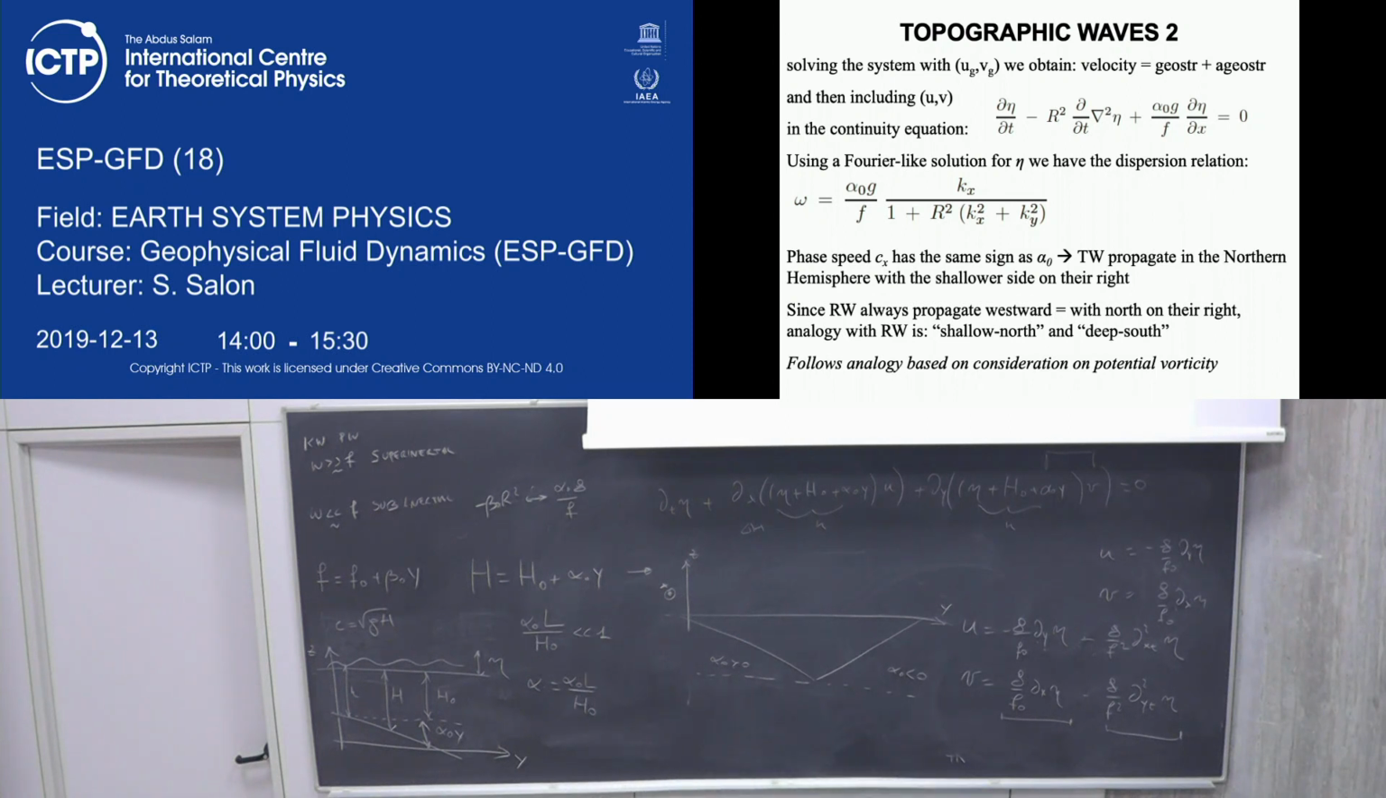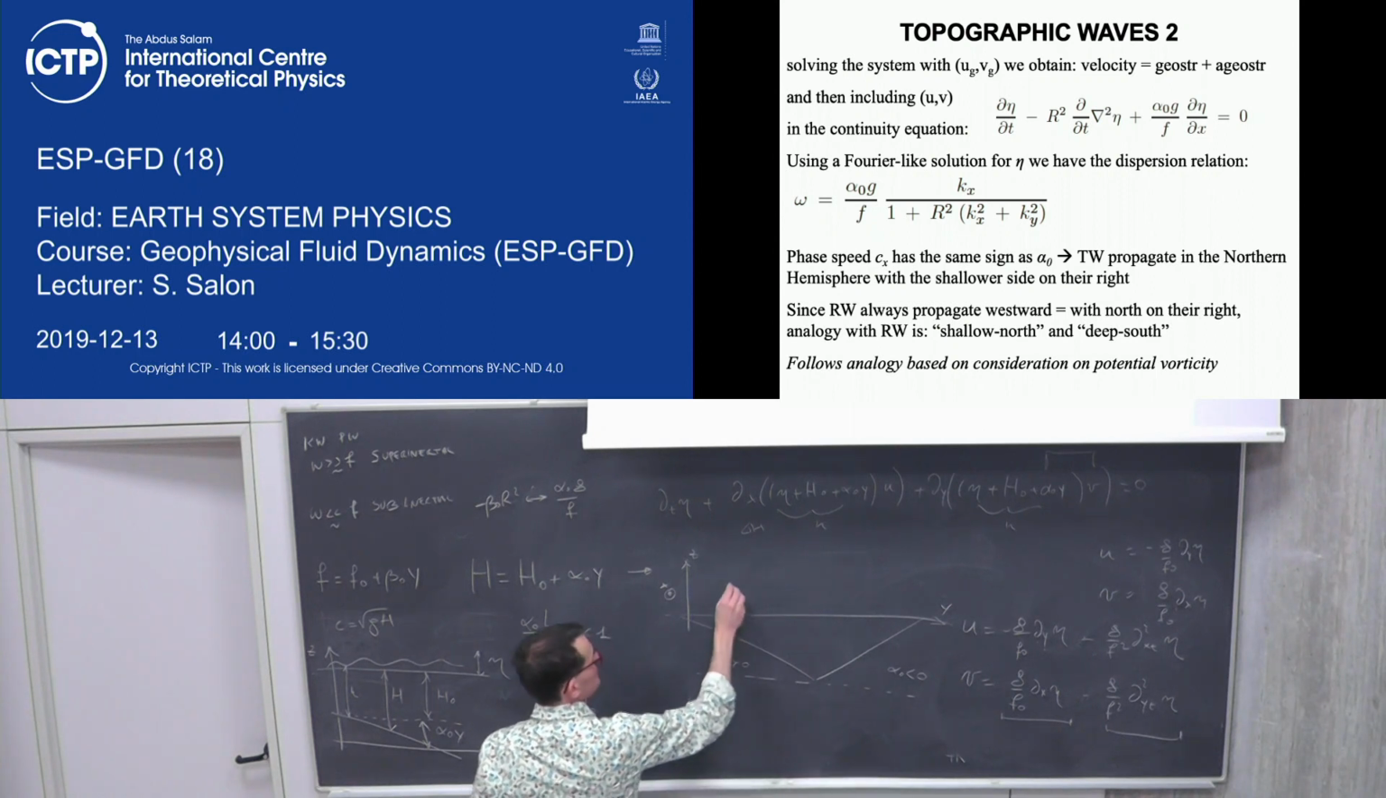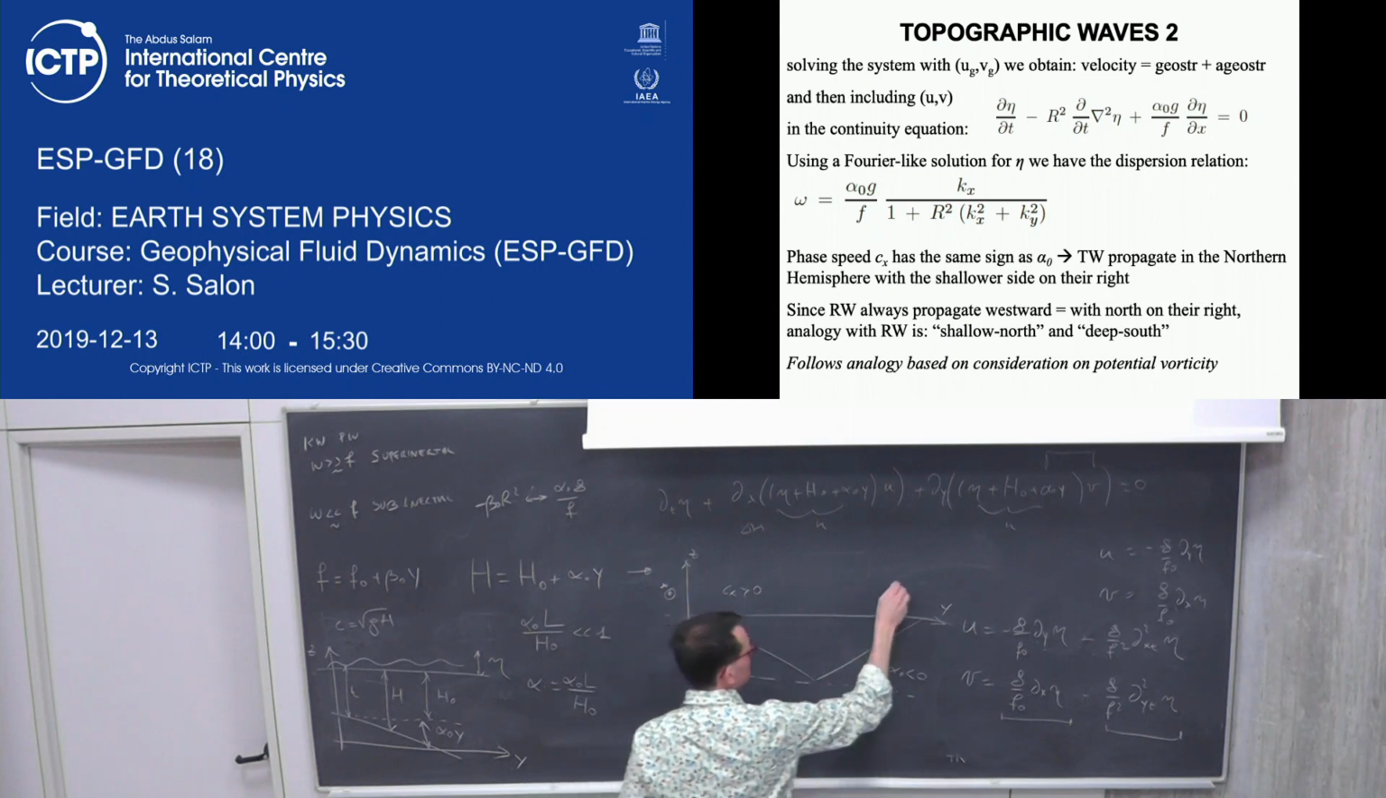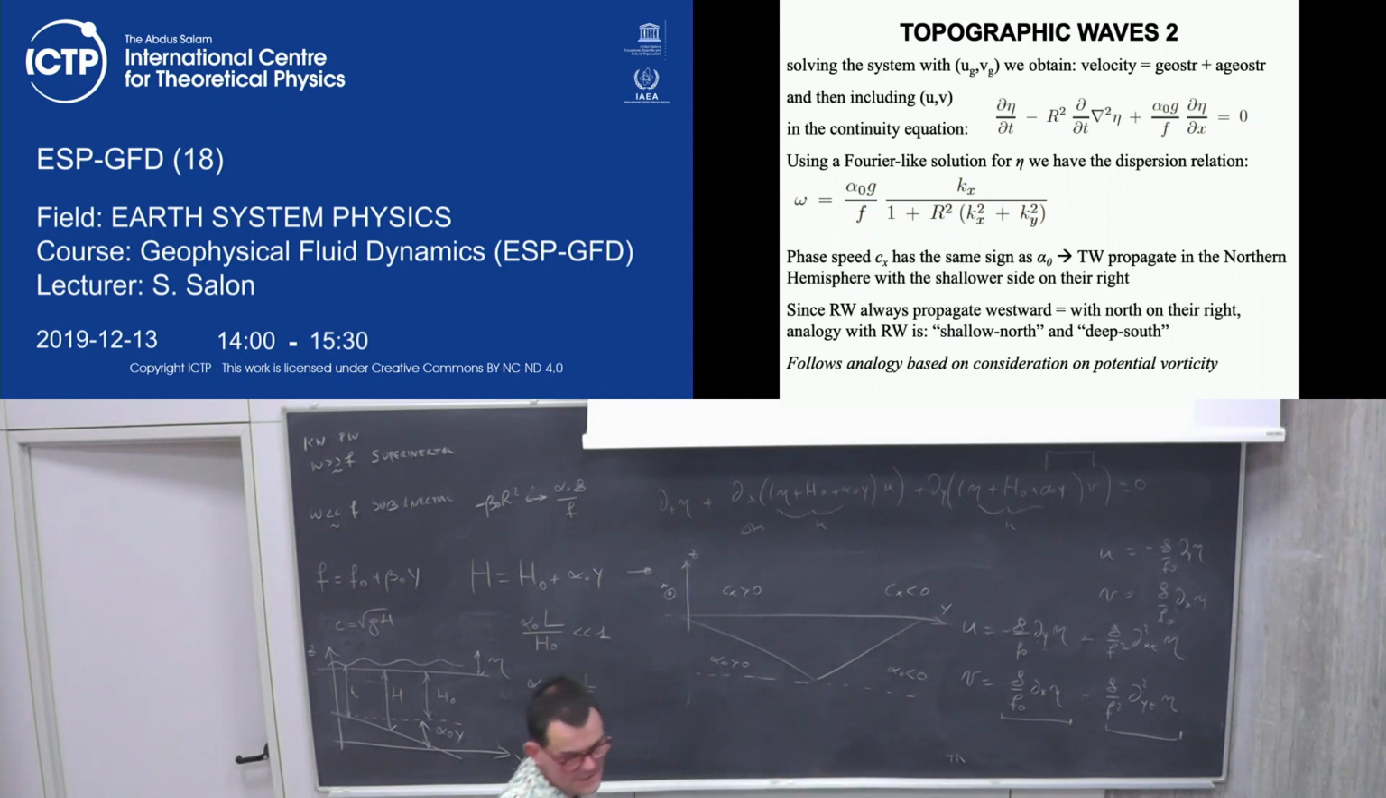So here Cx is positive and here Cx is negative, because alpha 0 is the only term that changes sign, in the northern hemisphere, where f is positive. So all this part here, when I do omega divided by Kx, I obtain alpha 0, which can be positive or negative, f is positive in the northern hemisphere, and this part is always positive. So topographic waves propagate